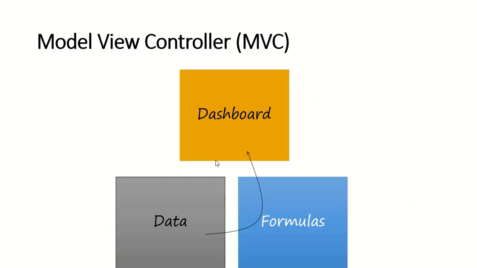So let's start with a rule that is called MVC, Model View Controller. The Model View Controller says that you must have at least three sheets in your Excel dashboard. The first one contains the raw data. The second one contains the formulas or your workings, the numbers you want to extract from the data with the